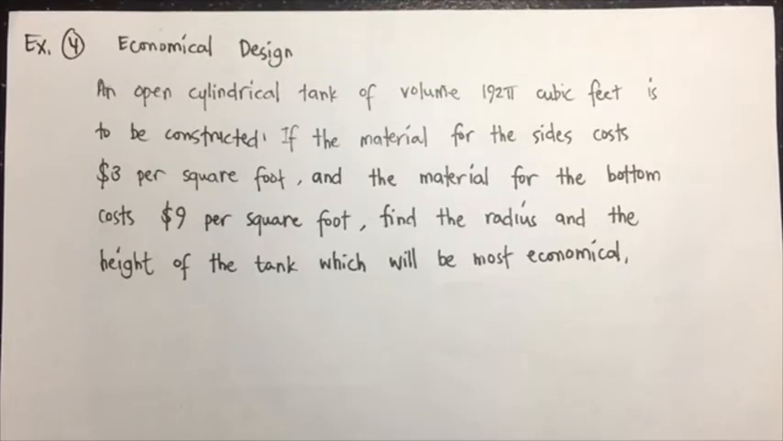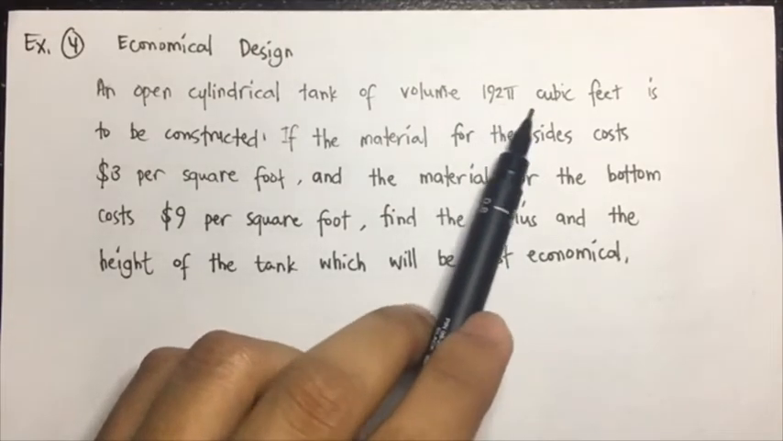Okay, so for our final example, maxima and minima can also be applied in economical design. When we say economical design, it will give us the best design in terms of cost of constructing geometric figures. Okay, so say for example, we have here an open cylindrical tank of volume 192 pi cubic feet